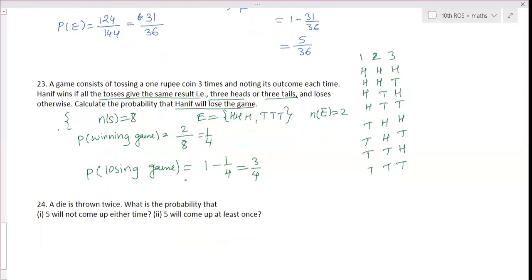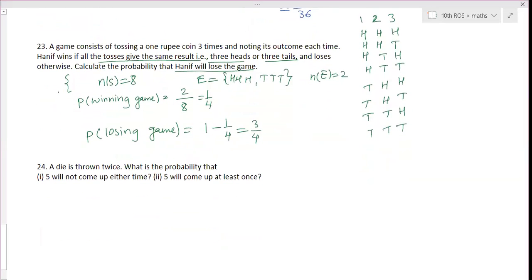Ma'am, should we take the favorable outcomes as E only? Yes, you can write that. Ma'am, last year our teacher took A and S. Use that one, whatever it is, fine. It's okay. In our school we have taken A and S, so anything is fine. Ma'am, I took the total event as E. Okay.